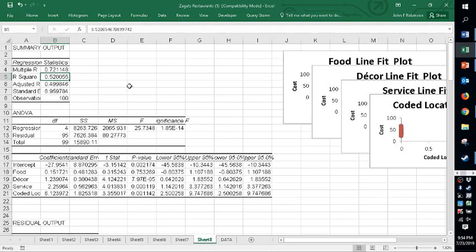Now, what if I'm in a service 10 and I want to go to service 20? What's it going to cost me? $22.50, $22.60. Right? So service is actually quite a bit more expensive than decor per point. So a lot of the cost of a restaurant meal, according to our model, is driven by the quality of the service. The cost to the consumer, so the price. Yeah, the price to the consumer for a meal is, according to our model, driven